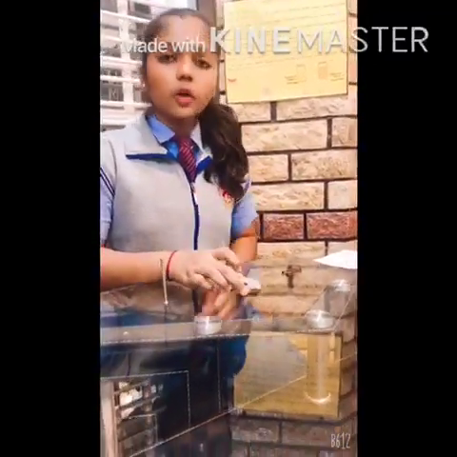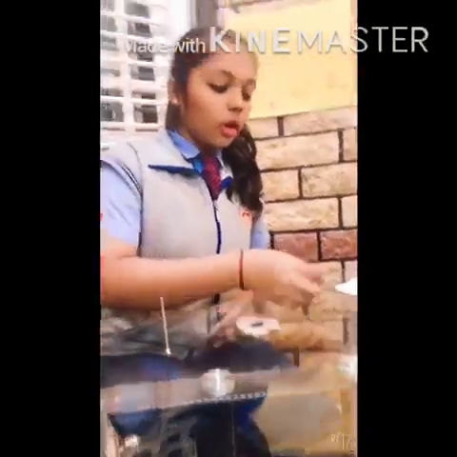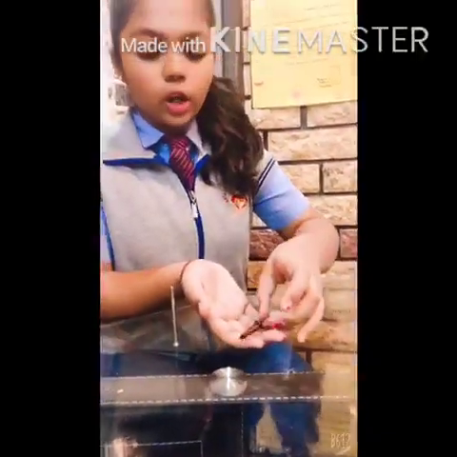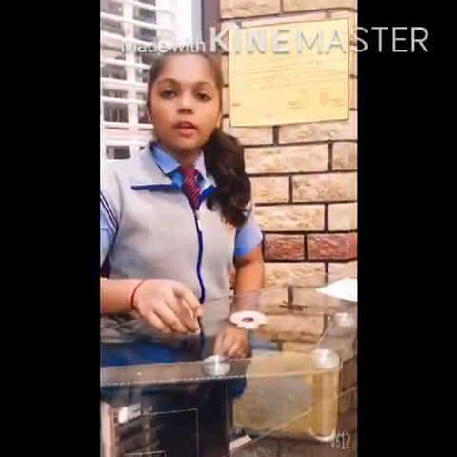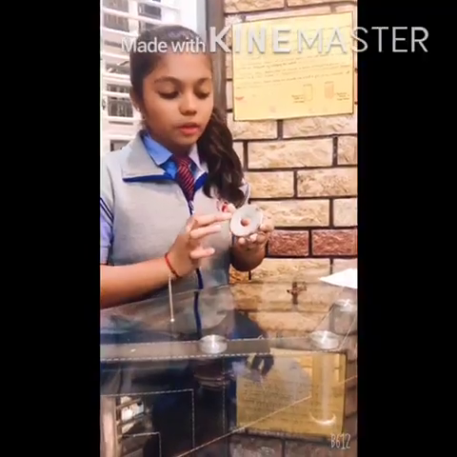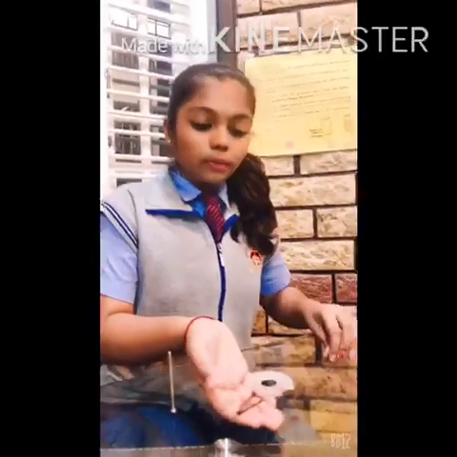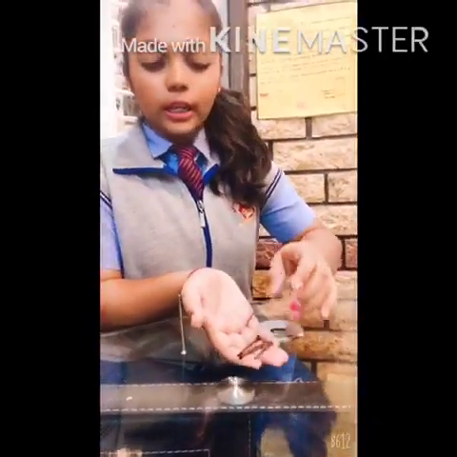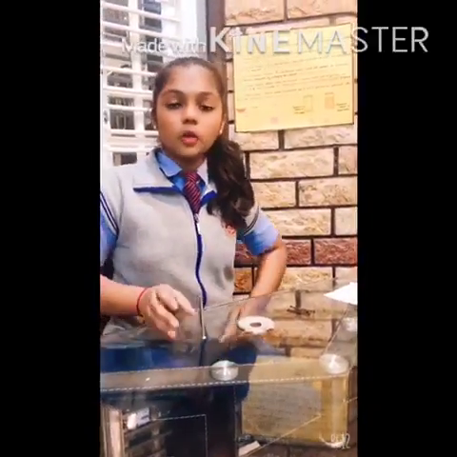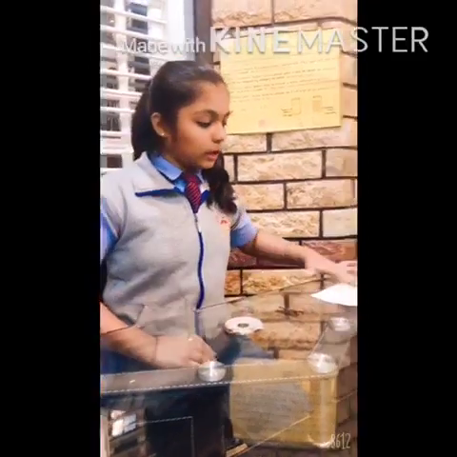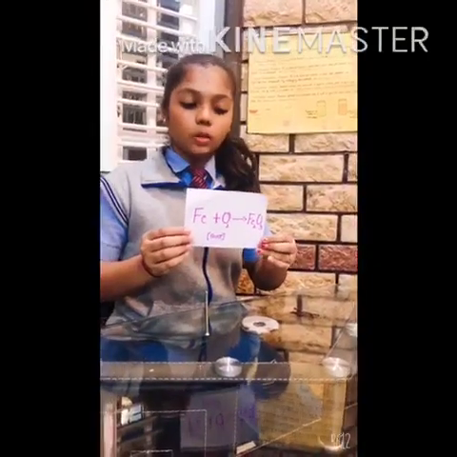And when it is exposed for so many days, you can observe the rust forms fully on that nail. By this we can conclude that Fe, when exposed to oxygen, changes into Fe2O3, an insoluble substance that is known as rust. The reaction is Fe plus O2 gives rise to Fe2O3.